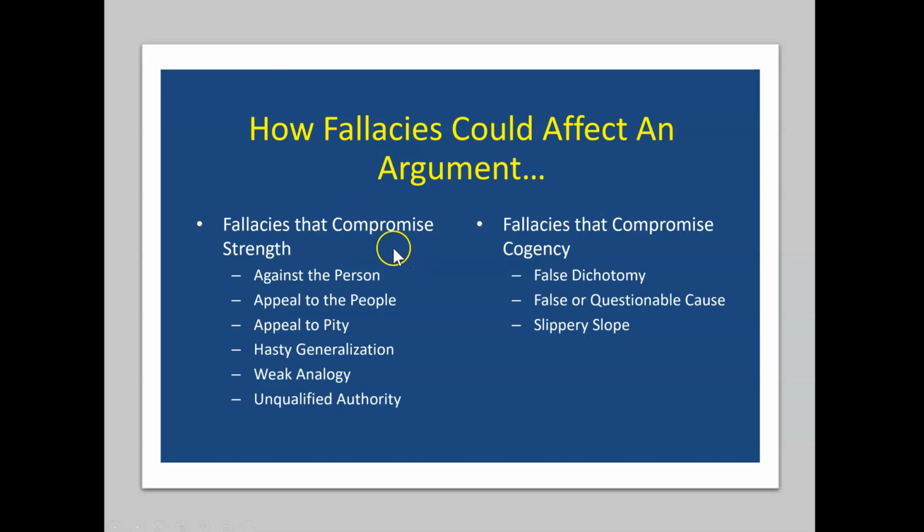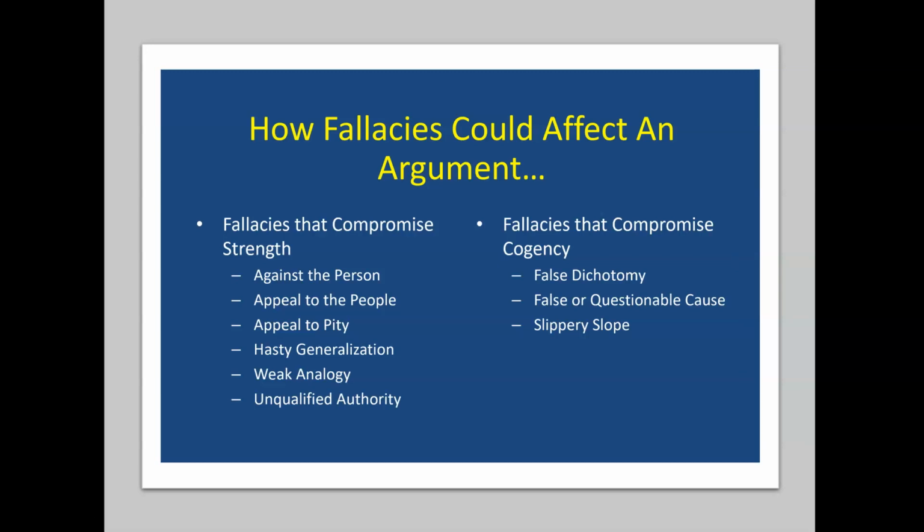Okay, and there are some, for our purposes, some fallacies that, if they were present as a premise or support for a premise, would affect the logical strength of the argument. In other words, they would weaken the argument. And there are some fallacies that, if they were present as a premise or support, would compromise the cogency of